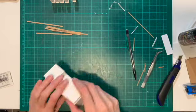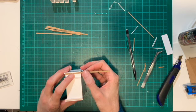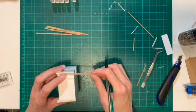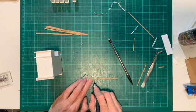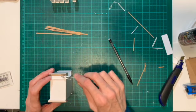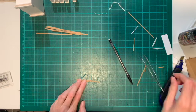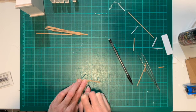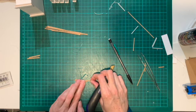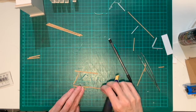And here I'm just cutting out some more cardboard strips, because we're going to do exactly the same effect on both sides of the cabinet. So following exactly the same process as what we've done with the drawers and the doors, using the top and the bottom on each of these pieces. So this top piece of the cabinet will have the same trim around each part of it, exactly the same as what we've done with the other parts of the cabinet. So what I'm doing here is just marking them all out and cutting them to size. It just makes the gluing process or putting them all together